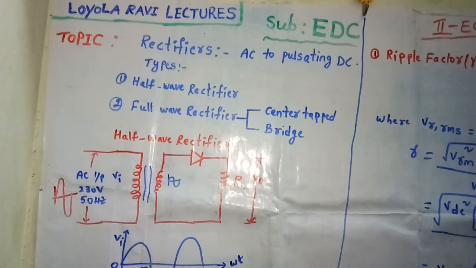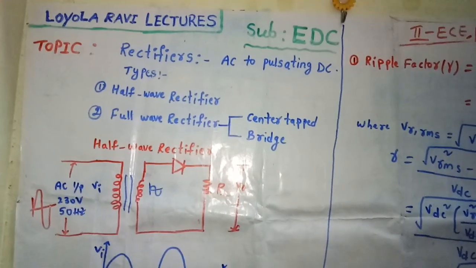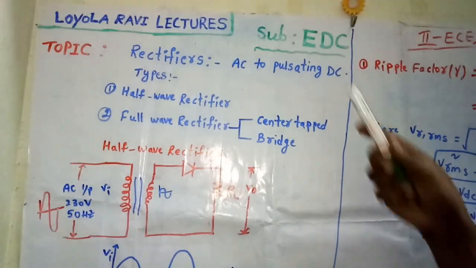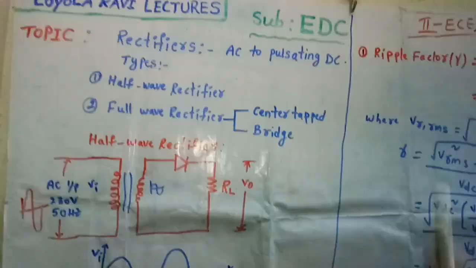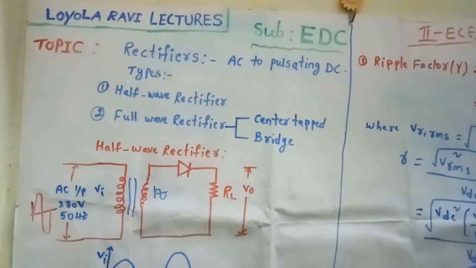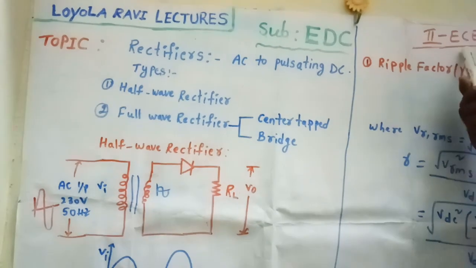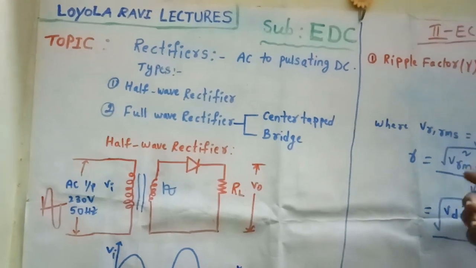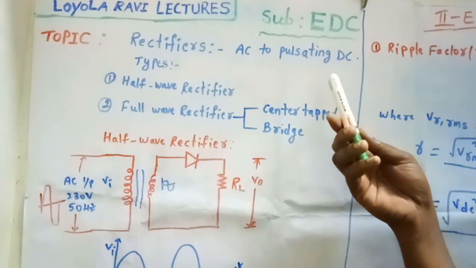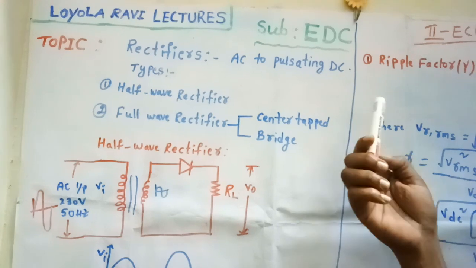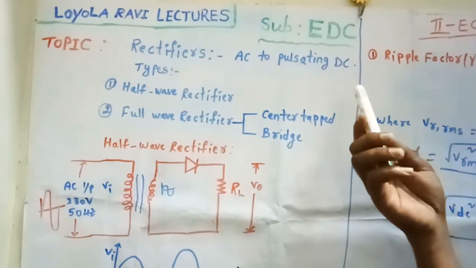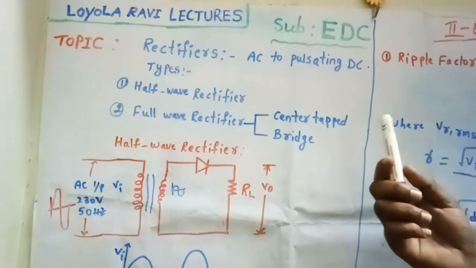Hi students, today we'll discuss the most important topics in another subject, that is EDC, electronic devices and circuits. This is the most important subject in engineering, especially for both ECE and EEE. So that's why these major topics are very important from the examination point of view. Those topics we'll discuss in a short time. This is especially for preparation for university examinations.